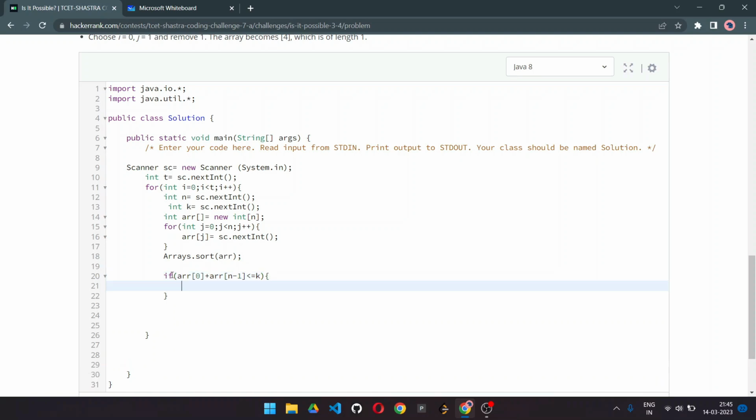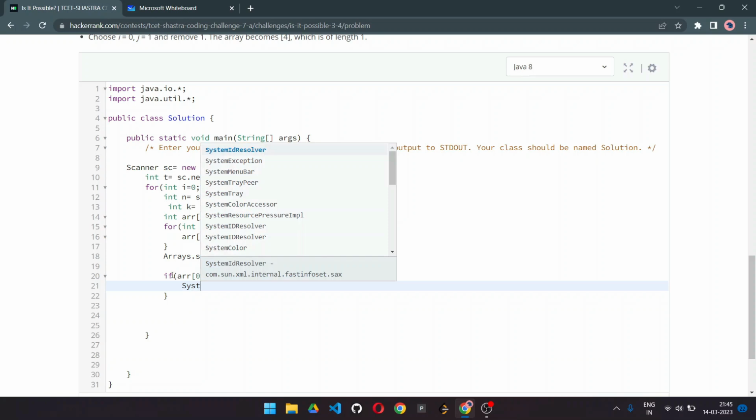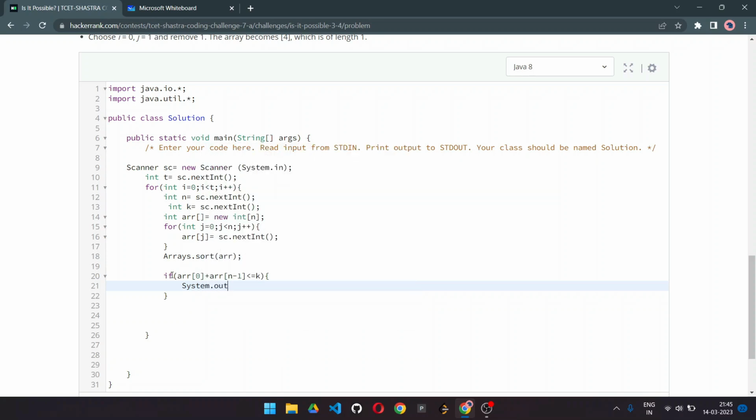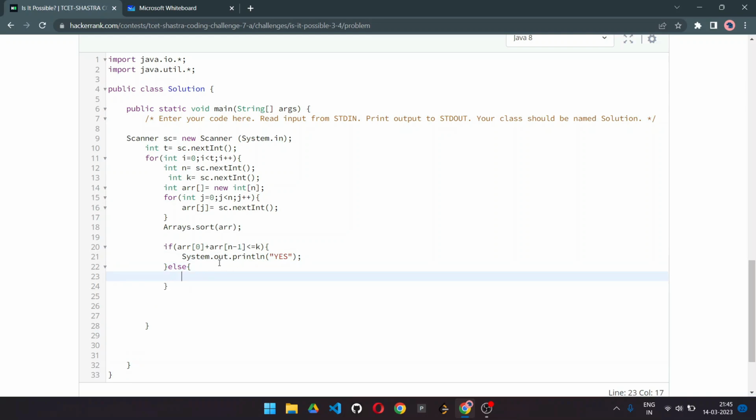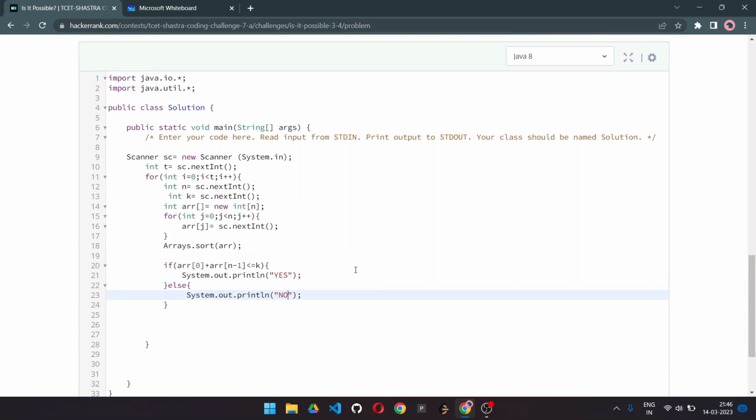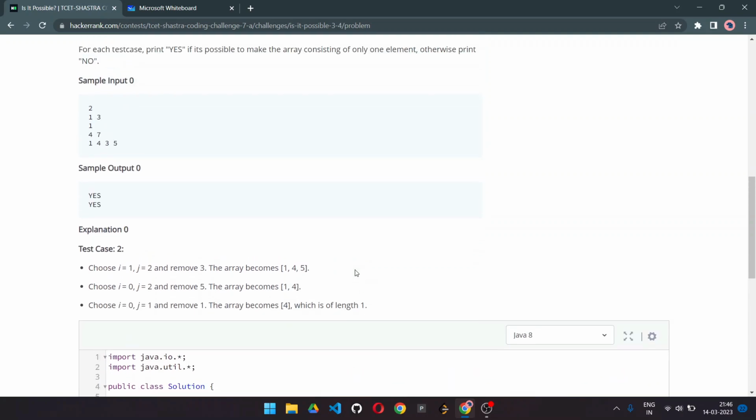If it is, we are going to print a yes, right? System.out.println yes, and else we are going to simply print a no. Okay, and I think it should work.